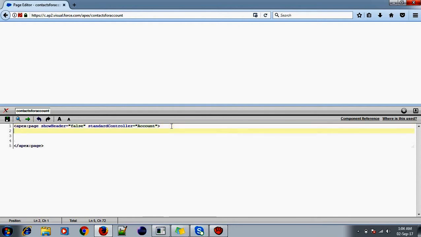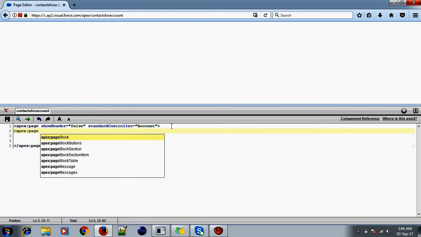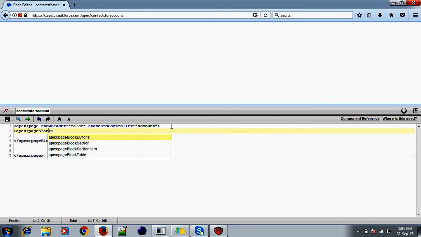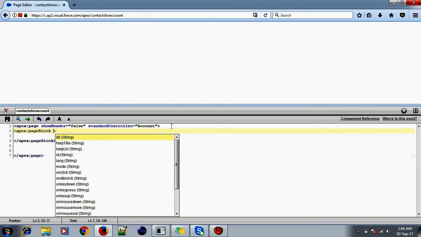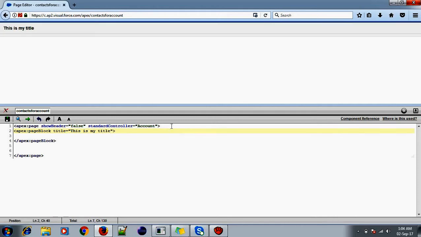So apex:page, apex:pageBlock, and in this page block I'm going to add the title. Normally for adding the title we would write something like "this is my title". But this time I want to display the username.